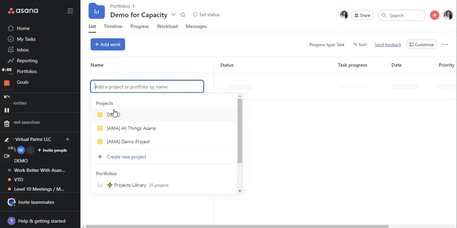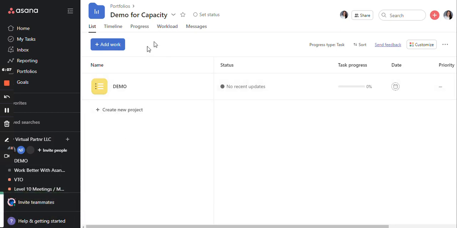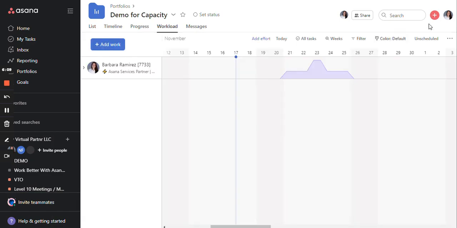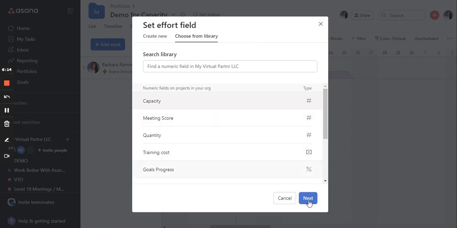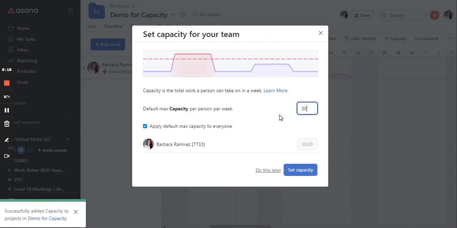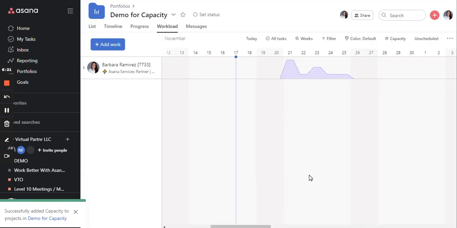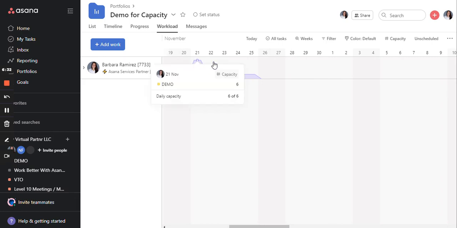And we will add all the projects that we will need to use. Right now, I'm just using this demo to show you what I've been doing so far. And I will set a capacity of 30 hours a week, which is pretty much the capacity that I have for everything. And then this is telling me, okay, if your capacity is 30 hours a week, you need to work maximum